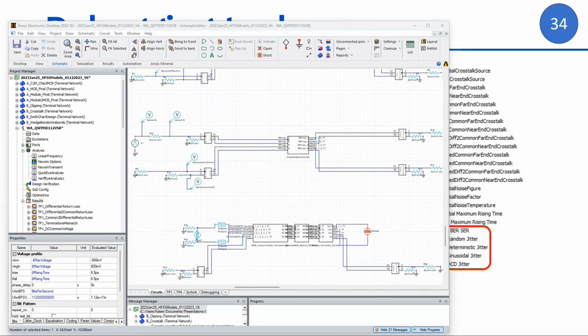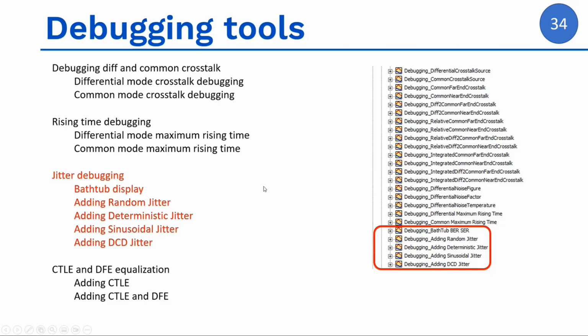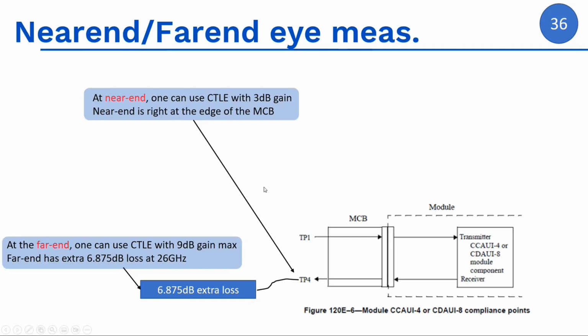So the last thing I wanted to, I am running out of time, so I'm going to use it to talk about the last part, which is equalization. The standards, again, we go back to the standards, talk about how you are allowed to do certain equalization at the receiver side when you are measuring the transceiver,